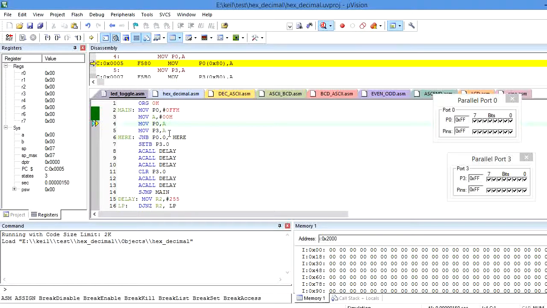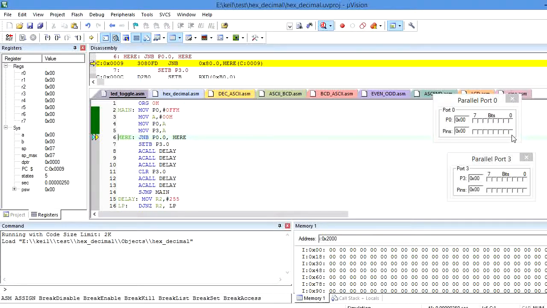And next I need to clear all the pins of port 0 as well as all the pins of port 3 here by using the instruction MOV P0, A. After executing MOV P0, A, all the pins of port 0 become 0, and similarly MOV P3, A becomes 0. The content of the accumulator is 0, so whenever I copy the accumulator content to port 3, all the pins of port 3 become 0 here. And next I need to monitor whether my switch is closed or open.